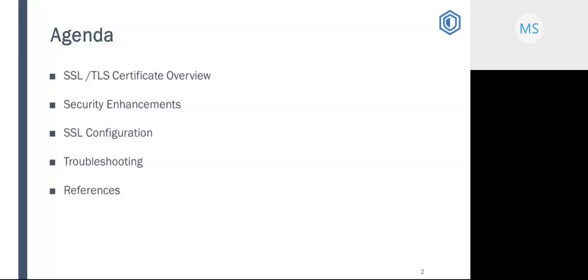Sorry for the inconvenience. So we are talking about today's agenda. Today we would be discussing Secure Socket Layer SSL and Transport Layer Security TLS protocols overview, types of certificates in Spectrum Protect, and security enhancements in versions 7.1.8 and 8.1.2 and later versions. Also, we would be discussing manual configuration steps to set up SSL and TLS between server, client, storage agent, and the Operations Center. Also, we would be discussing a few known issues and troubleshooting.